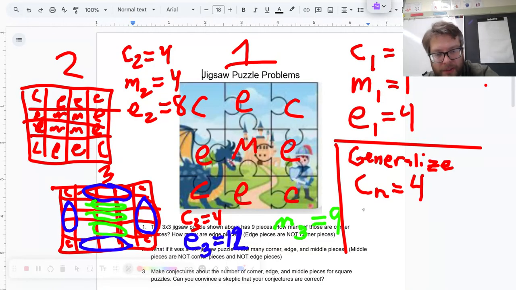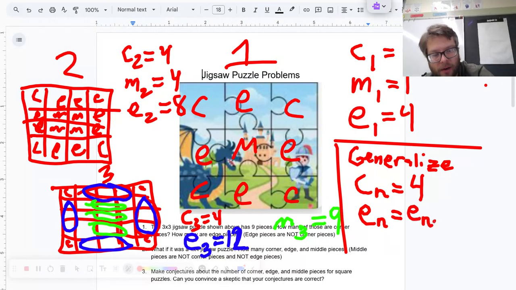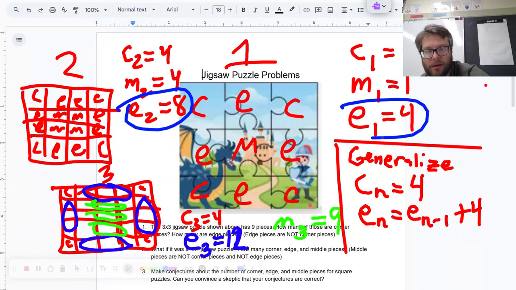When we look at the edge pieces, you might have noticed that the edge pieces are always going up by 4. So one way to say that is that the edge pieces for pattern number N, whatever pattern you're sitting at, is however many you had before that plus 4 more. Okay? So I want you to notice, if I go back and look at, say, E2, 8 is the same as E1 plus 4 more. And if I look at E3,